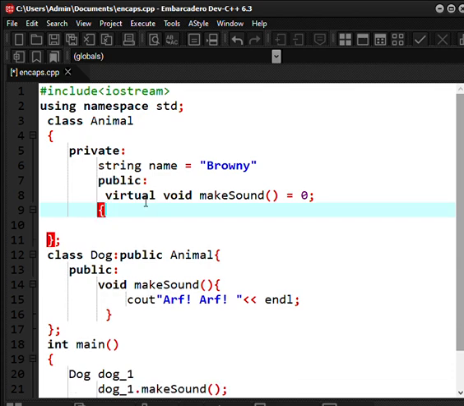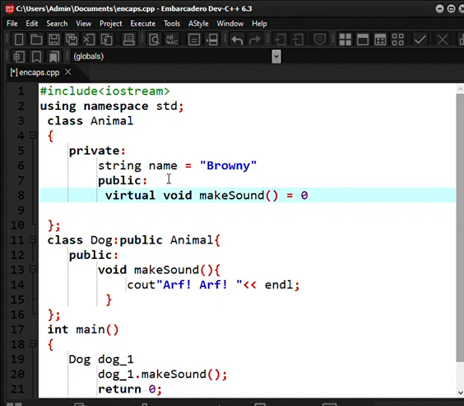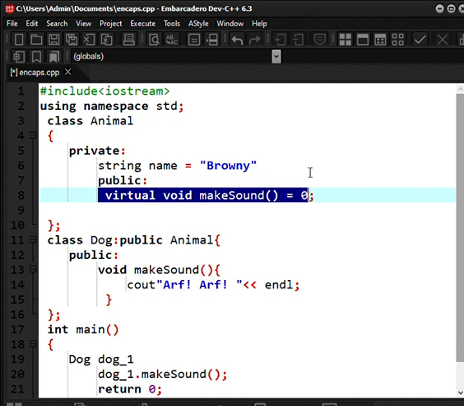Also, let's remove the open and close curly braces. And this makes animal an abstract class because we use a pure virtual void function, the abstract method.